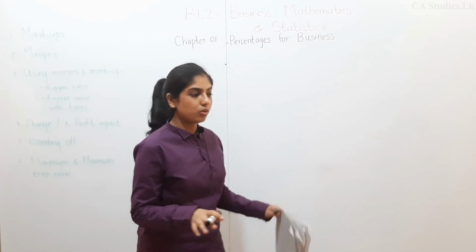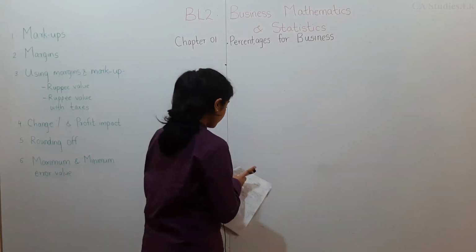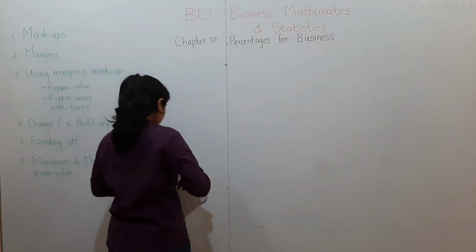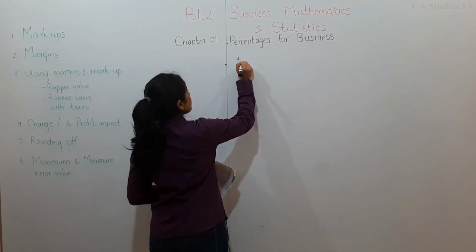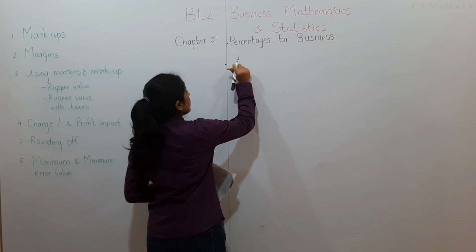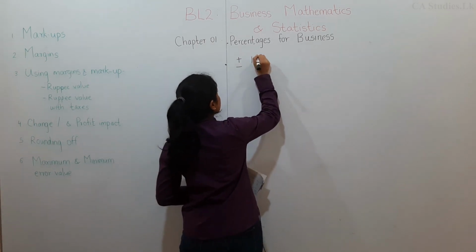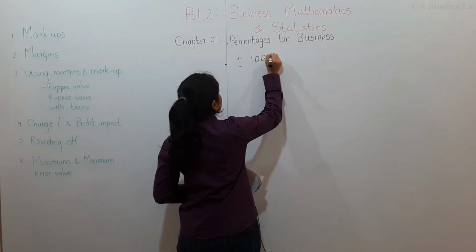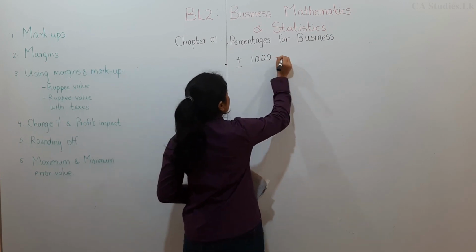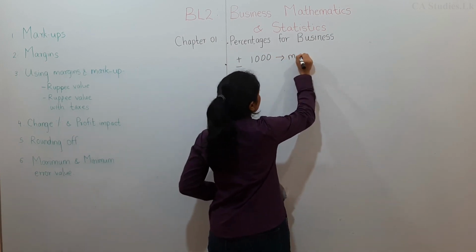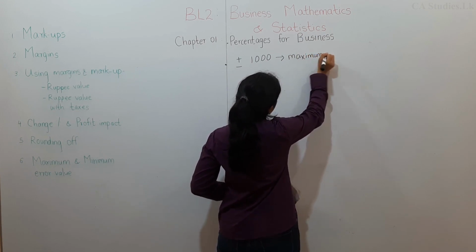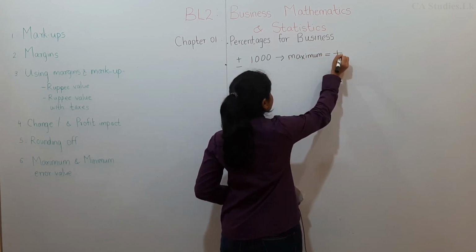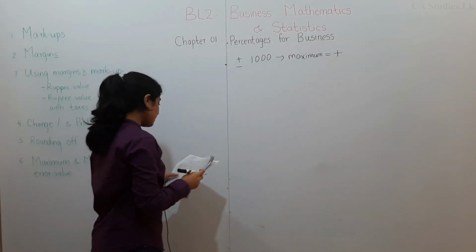Okay, now if you go through the list given under maximum, we know an error will be like a plus or minus, no? Example, let's say 1000. And the maximum is always the plus. Maximum is always the plus. Now here they mention